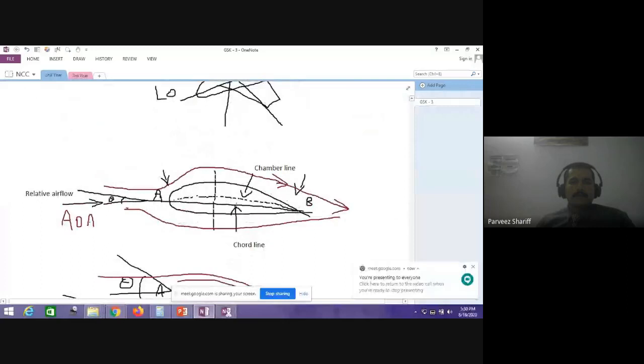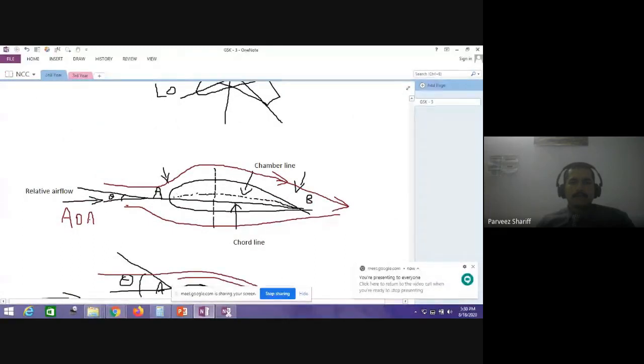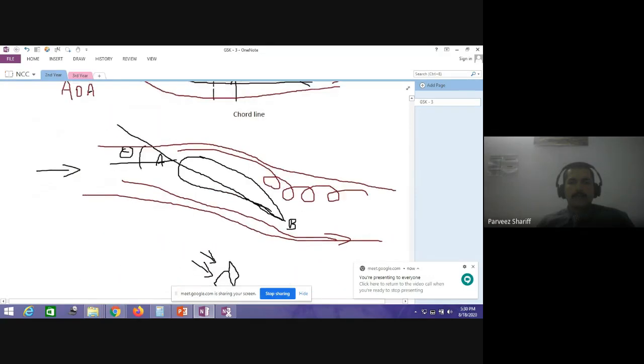I'll share the screen. So what happens? This is the cross section of the wing. Okay. So here, this is the aerofoil shape. So air is coming in this direction. So this is your angle of attack, and there is smooth flow of air above the wing and below the wing. At the trailing edge, both the air above and below the wing meet. So when angle of attack increases, this is your airflow direction and this is the chord line. Then the angle theta gets increased. When the angle theta gets increased, what happens?